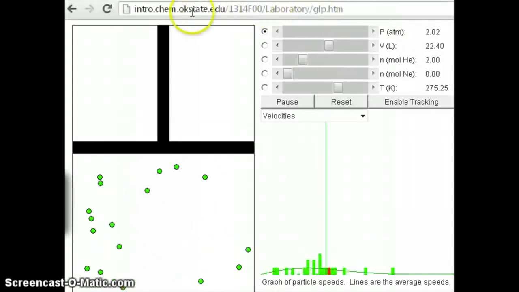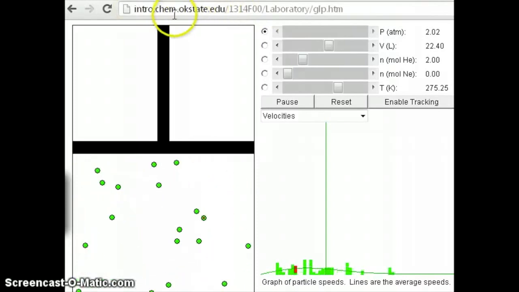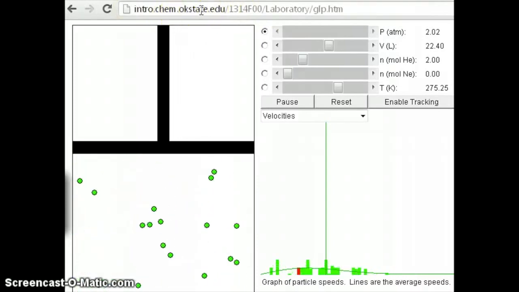That's the address for the simulation at Oklahoma State, and you just need to have Java installed in your browser in order to run